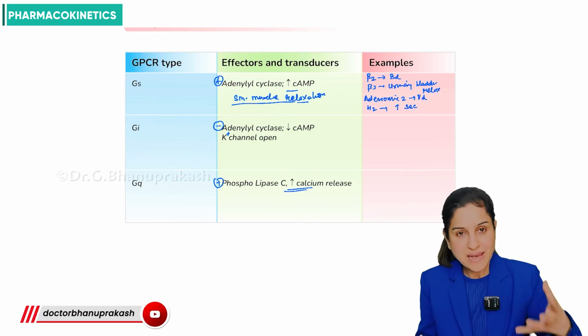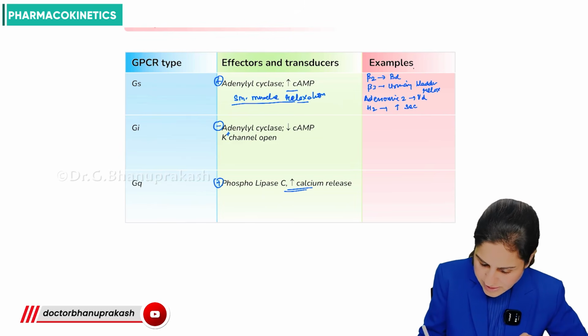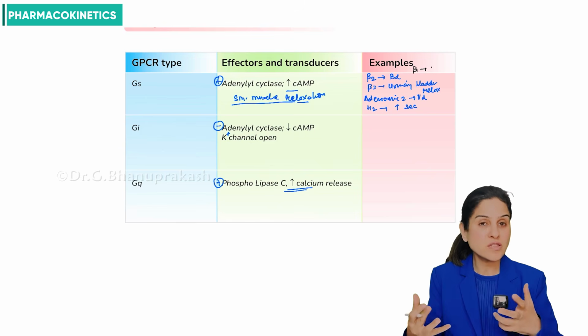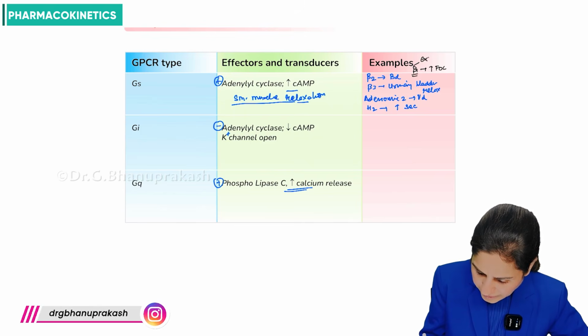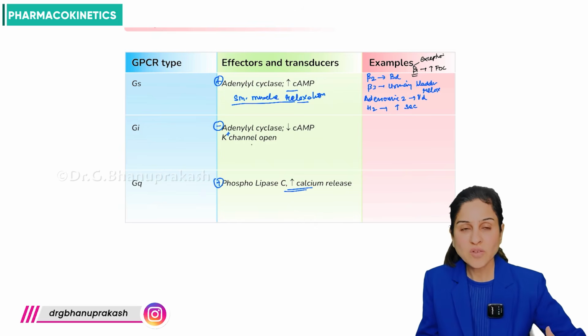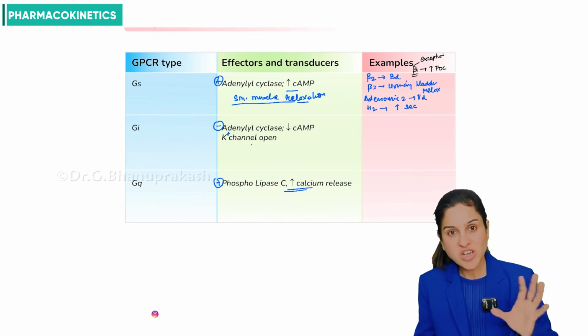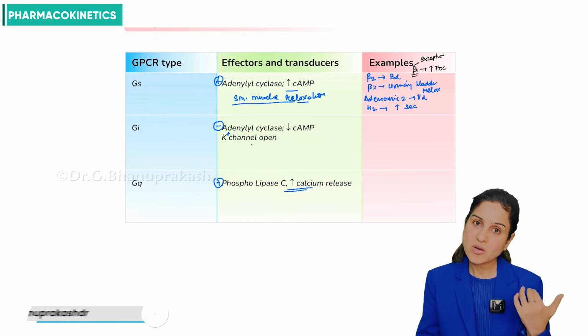The only exception here to the rule is your beta 1 receptor. So beta 1, it is also GS, but here there is contraction. It causes increase the force of contraction. That is the only exception to the rule here, right? So you can be tricked into like they give you beta 1, but it causes contraction. But remember, it is a GS type of receptor, but the exception is that it causes increase in the